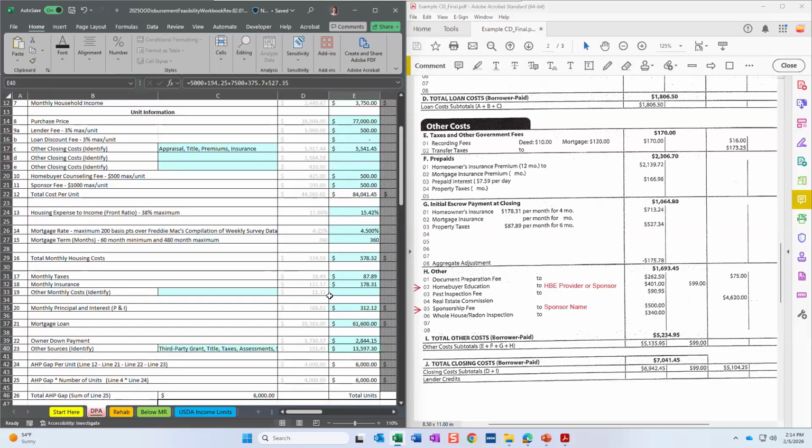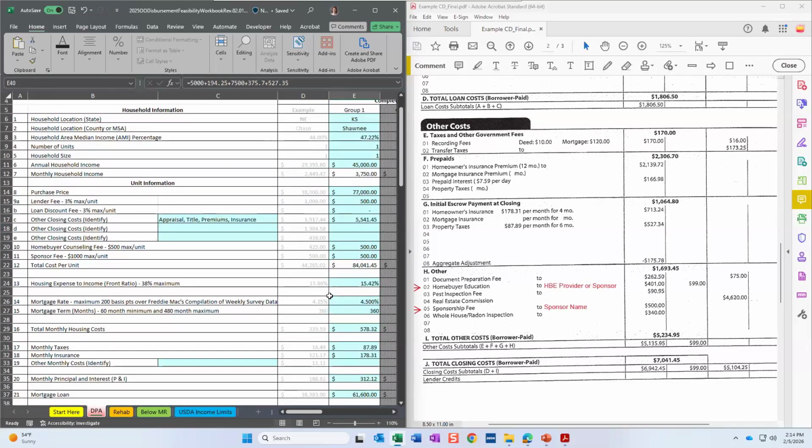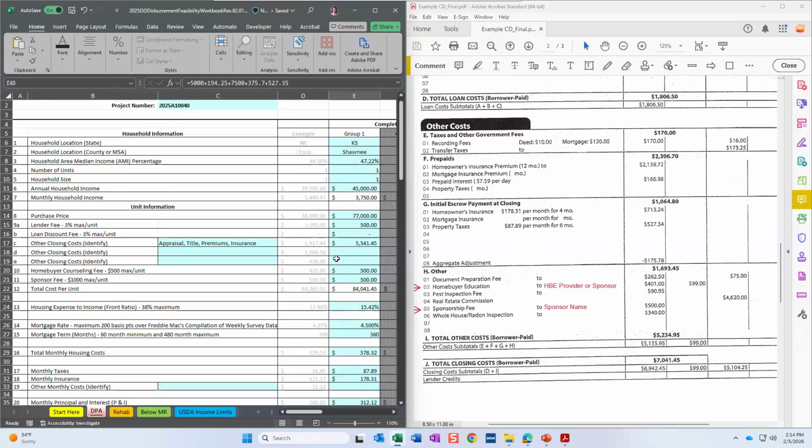So that is our feasibility workbook. Again, I know a lot of information there. Once you do it a few times, you'll get the swing of it pretty quick, I promise. If you have any questions, again, don't hesitate to reach out to us. Throw them in the chat while you're on the call here, and we'll talk about it. Otherwise, I'm going to keep moving forward a little bit here.